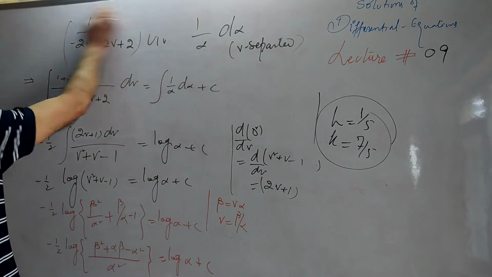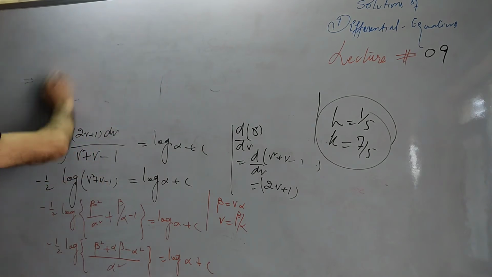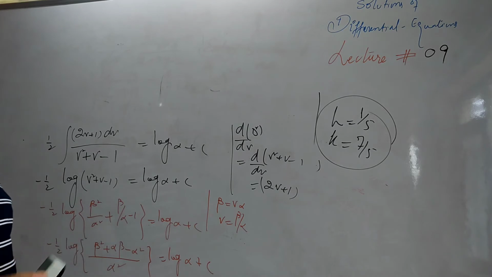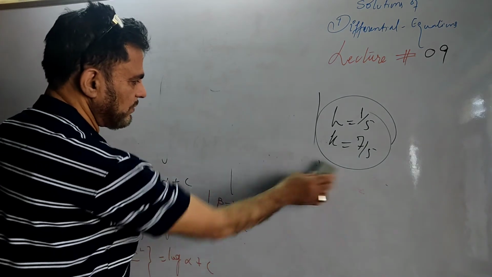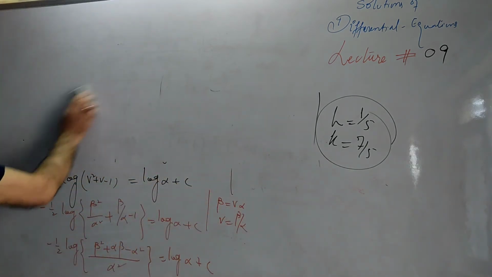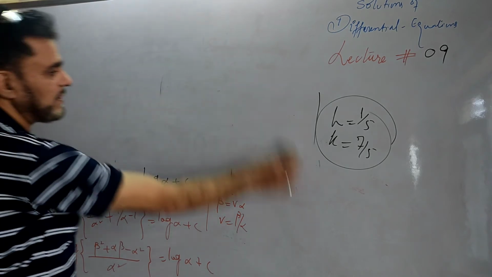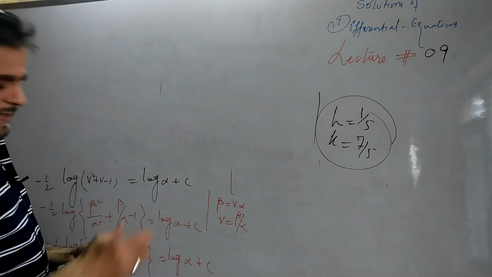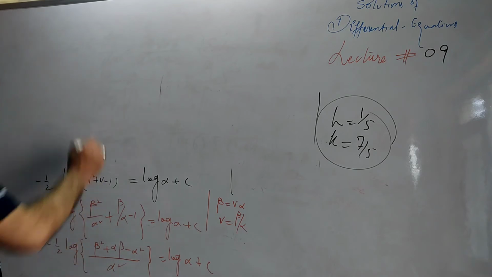I have already told you that in the case where a1 by a2 is not equal to b1 by b2, you take some time to solve this differential equation. Where a1 by a2 is equal to b1 by b2, it is a very simple case. You have to go by the common factor method and solve the differential equation. In one case you need h and k, and in that case you don't need h and k, as you know.